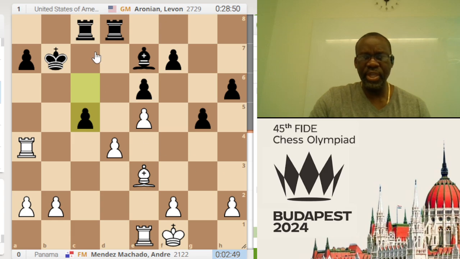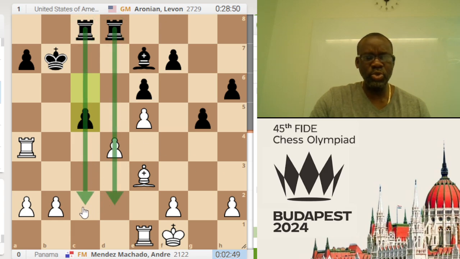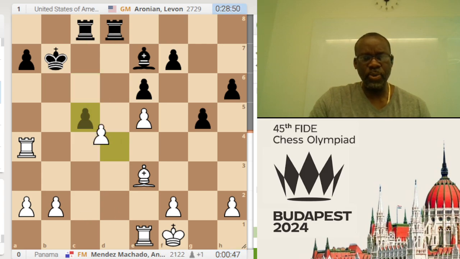Why is it a good move? It's very important for you to open up opportunities for your rook. If these rooks can come down to the 7th rank, there's going to be some problem. So captures on c5, captures back, and